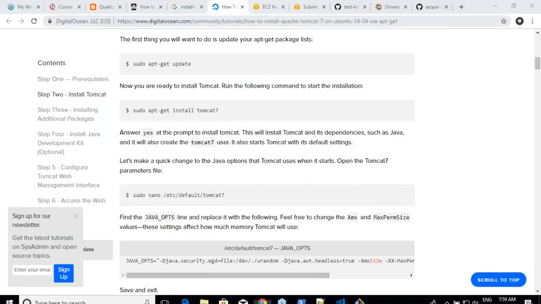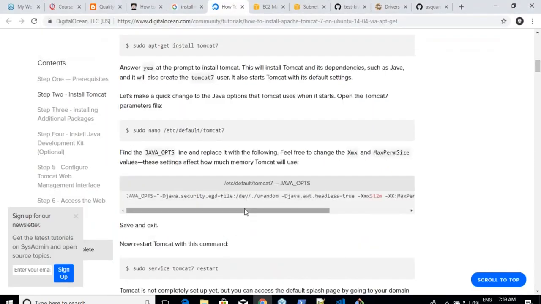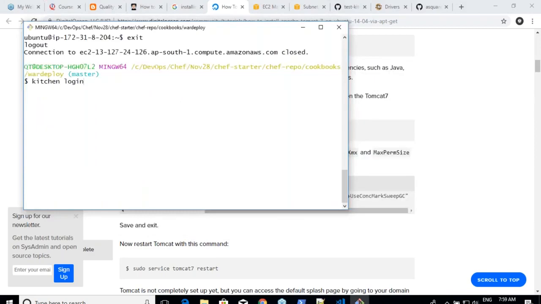What is he trying to tell us now? He's saying that you will have a file called /etc/default/tomcat7, and in there you will have some line which looks like this. And in there, you have to change this value to 512M and 256M. Man, this is something which I have never heard of, so let me just look into what that is. What we have to do now is modify the existing file with some of our content. Okay.